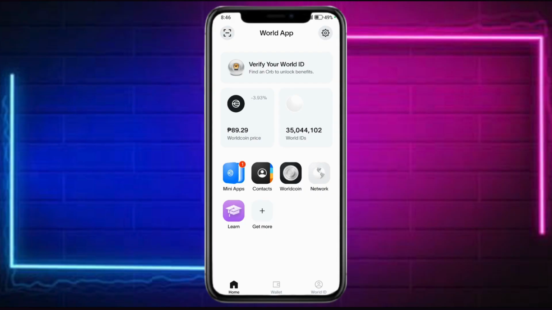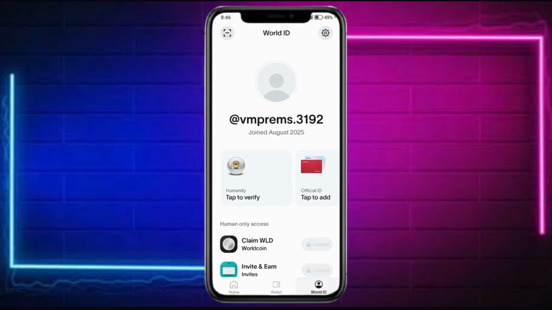If the device was used to create or verify some World app account previously, even if you don't remember it, this typically happens. If you're trying to create a new account rather than restore it using an existing one, it also triggers this restriction. So to fix this, you can actually log into the existing account that you have or restore it by